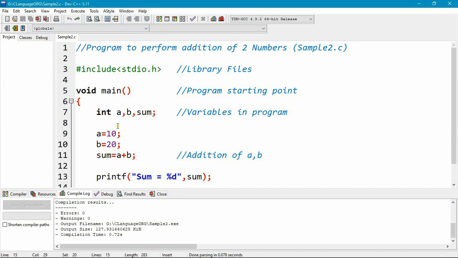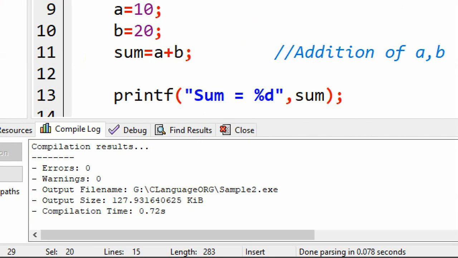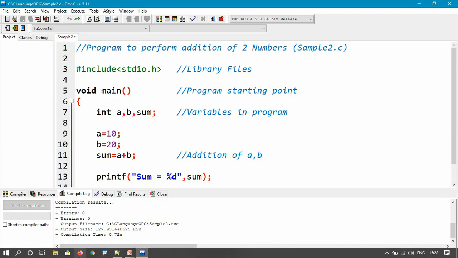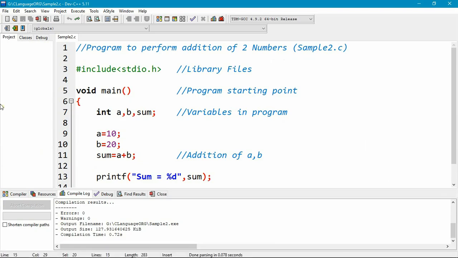If you see at the bottom of the Dev C++ window, there is no compilation error and no warnings in our program. So our program is successfully compiled, and the machine executable code is also generated, which is sample2.exe.